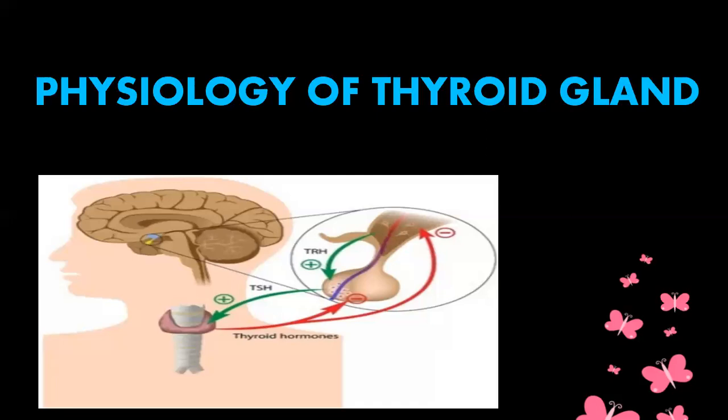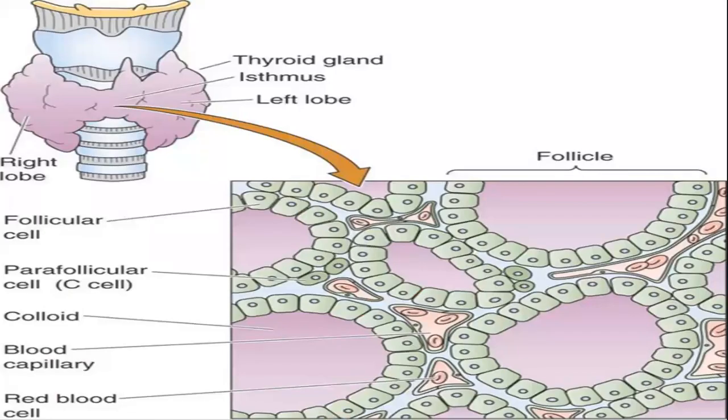So we'll start. In the previous class, I already explained about the structure of the thyroid gland, including the histology. It is a butterfly shaped structure; location, surfaces, everything I explained. In this histology, these are the follicular cells. This is the thyroid follicle, and in between the thyroid follicles, the other type of cells present in that space are called parafollicular cells or C cells.